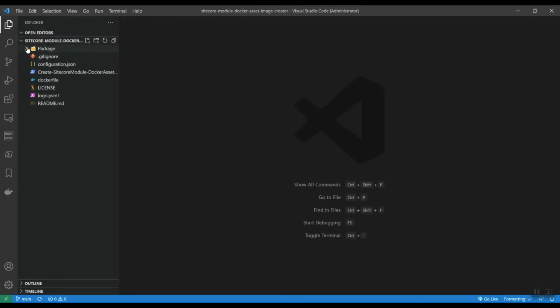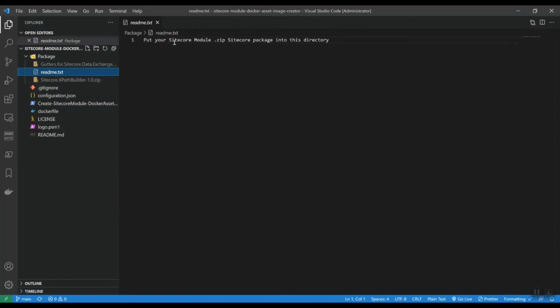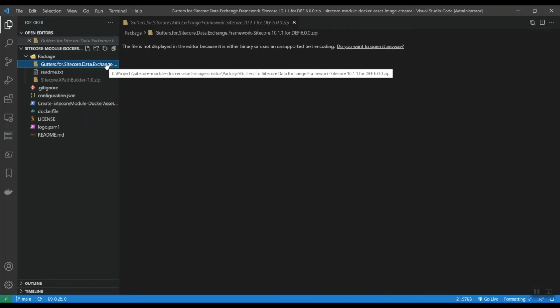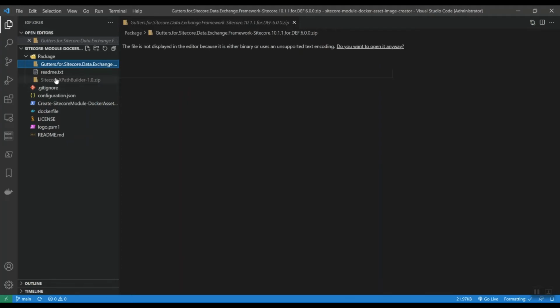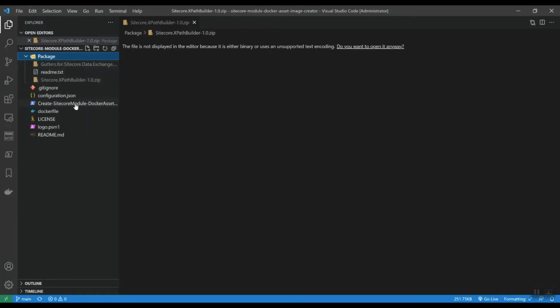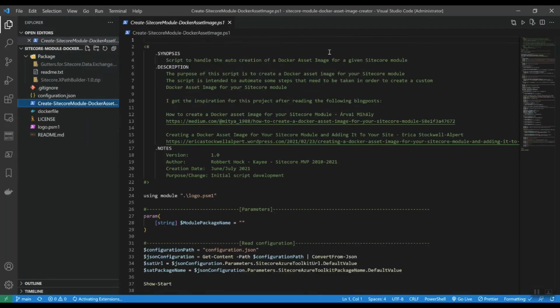Okay. Now, in the package folder, there's a README file where you should put your Sitecore module .zip Sitecore package into this directory. Now, I already copied in that downloaded Sitecore Data Exchange Framework package, but also that Sitecore Export Builder 01.zip package. You can basically drop in just as many packages as you want,